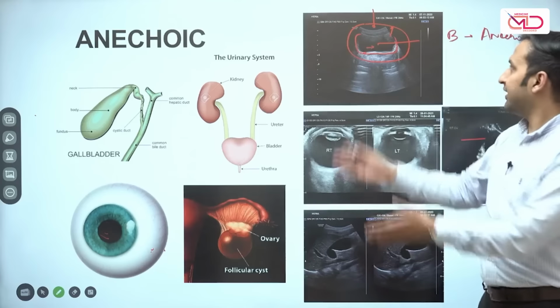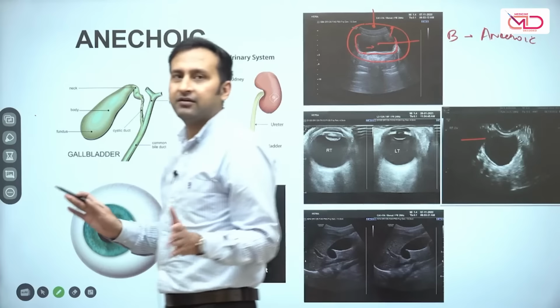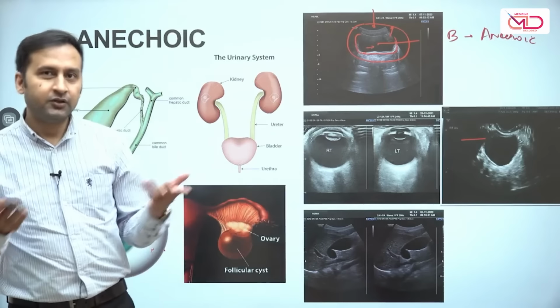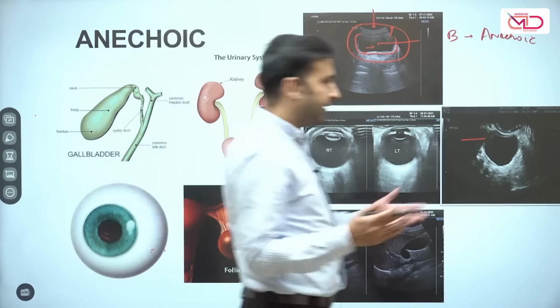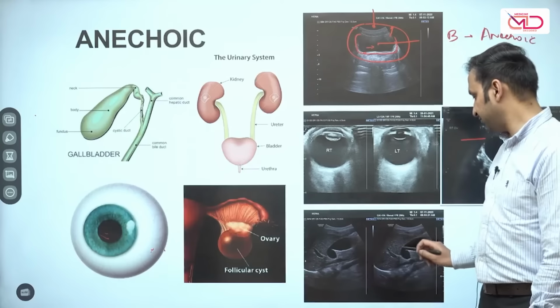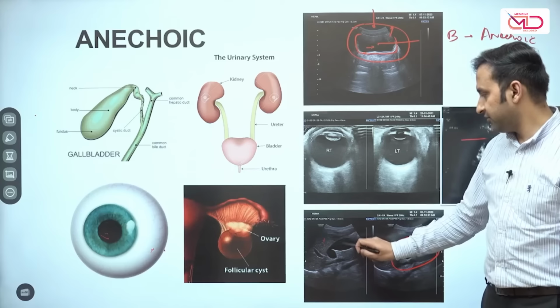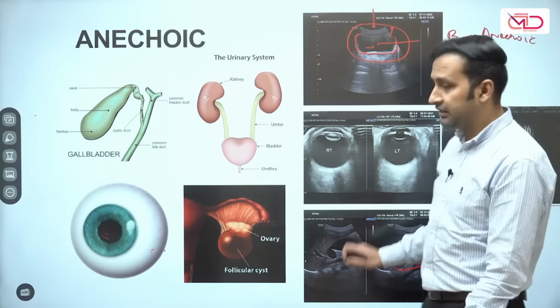So going on with that analogy, any bladder which is containing fluid will appear black, and there are only two bladders in the body, the urinary bladder and the other one is the gallbladder. So keeping that in mind, I'll show you another structure. This is a pear-shaped structure, as you can see. I'm not interested in this structure right now. I'm interested in this particular structure, which is completely black.